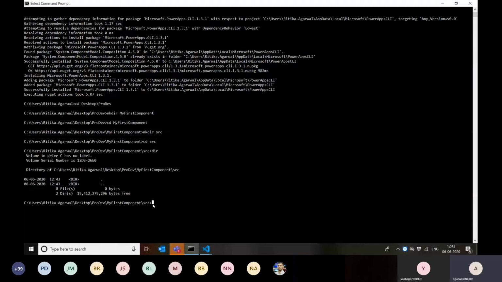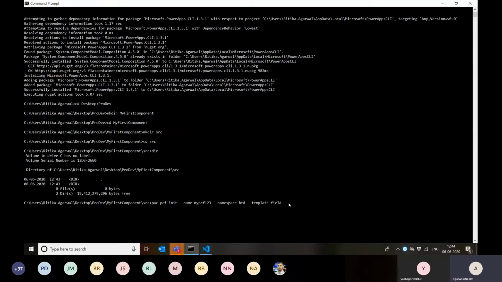Now we want to start building the component. The command for that is pac pcf init, and then the name of my PCF. Let's say my PCF 123. You can give whatever name you want for this PCF. And then I want to provide a namespace. Let's call this BTD. Again, you have the flexibility of changing this name to anything you want. And then finally, what is the template type? As I mentioned previously, for Canvas app, only field type is supported. And if you are building a component for a model-driven app, you can choose a data set as well.